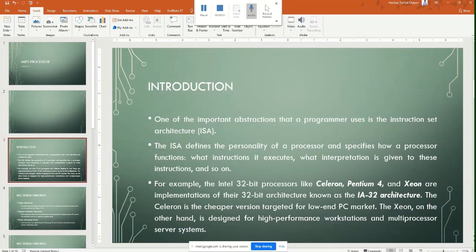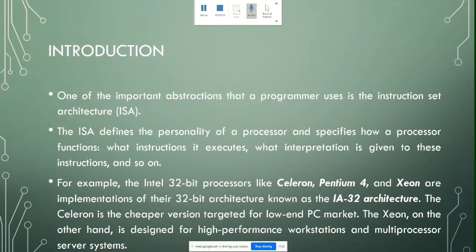So as we have just discussed in the introduction slides in this chapter number 12, we have discussed the instruction set architecture. In short, it is ISA, and we know that for any kind of microprocessor, if you want